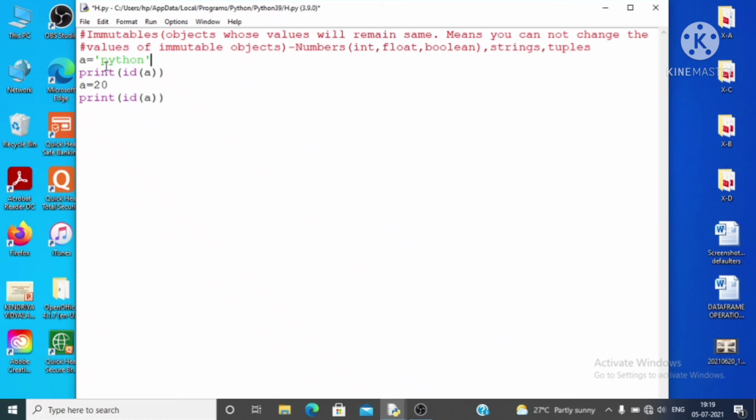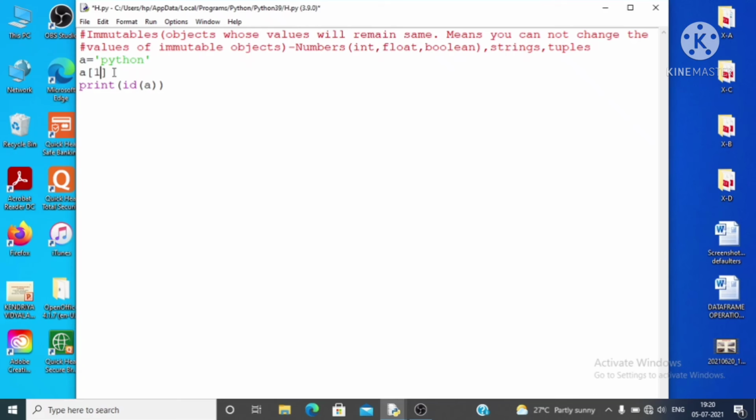It is a string. Now you want to change the value of a single character inside the Python string. Let us assume that you want to change the second character, which is y, in the string Python from y to z. So its index value will be 1.